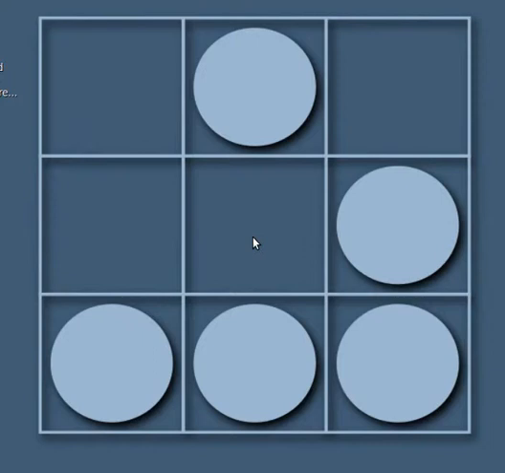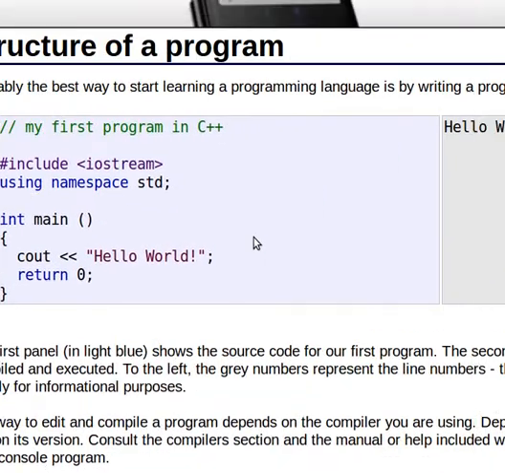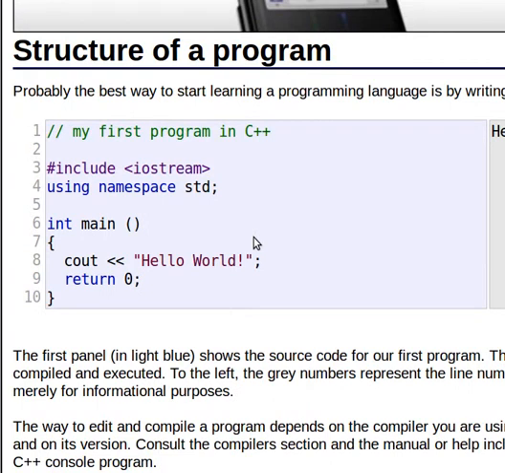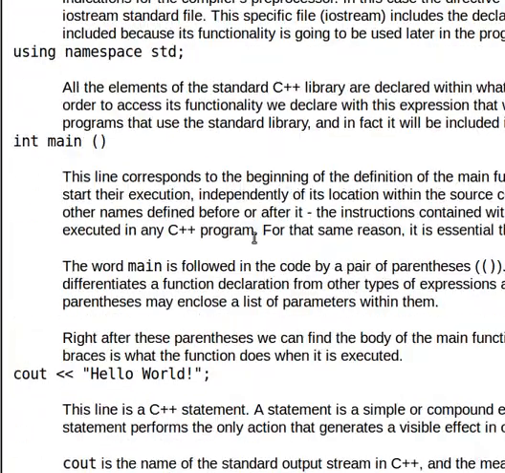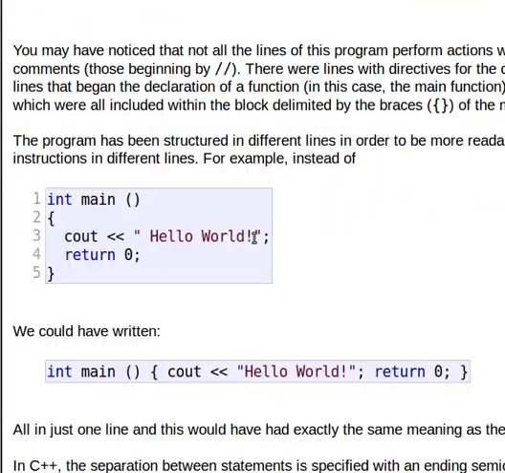Today we are going to actually work with code. What we're going to learn is first the standard Hello World program. We're basically going to tell the compiler to print out text. In addition, we're going to learn the proper structure of code, how to make your code easily readable by other